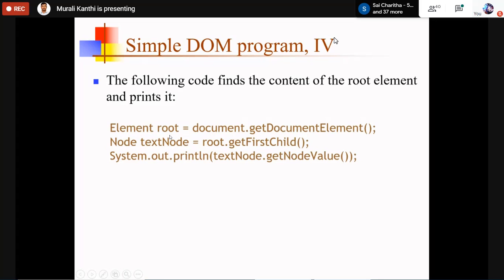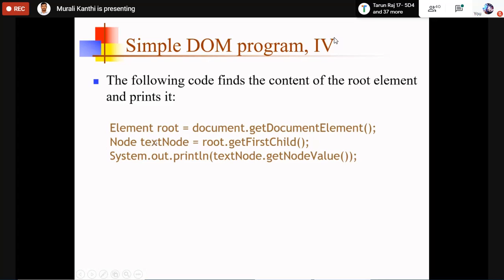Then next, the node. The remaining or intermediate nodes we can simply call normal nodes, so that is a text node. With the help of this root node, get the first child of the root node.